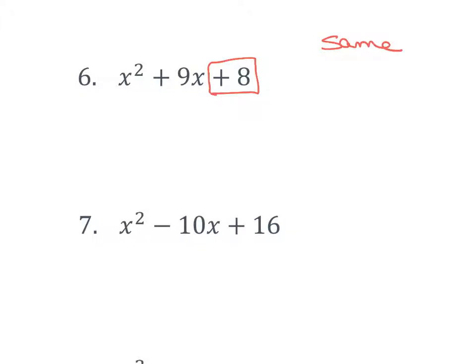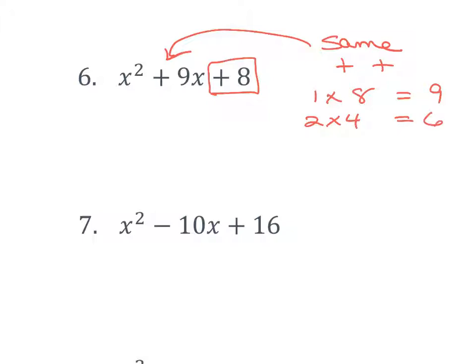So again, I'm going to look at the middle term. I can see it's plus, so this tells me that both signs are going to be positive, positive. I will now list the factors of 8 until I find the combination that will add to make 9. So 1 times 8, 2 times 4. And again, if I add these two, I get 9. If I add these two, I get 6. So the two factors of 8 that add to give me 9 are going to be x plus 1 and